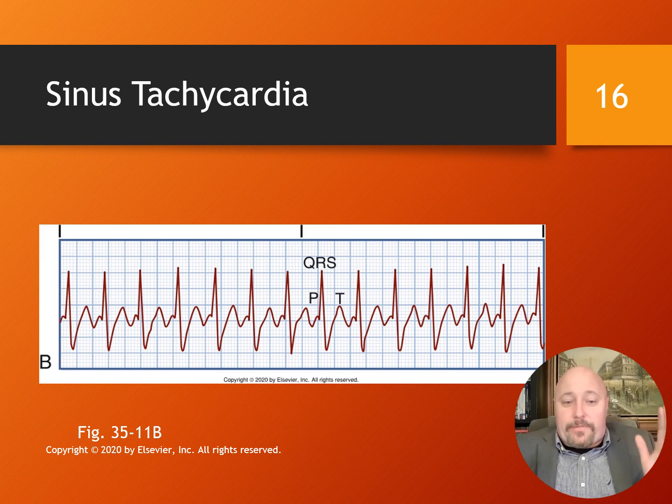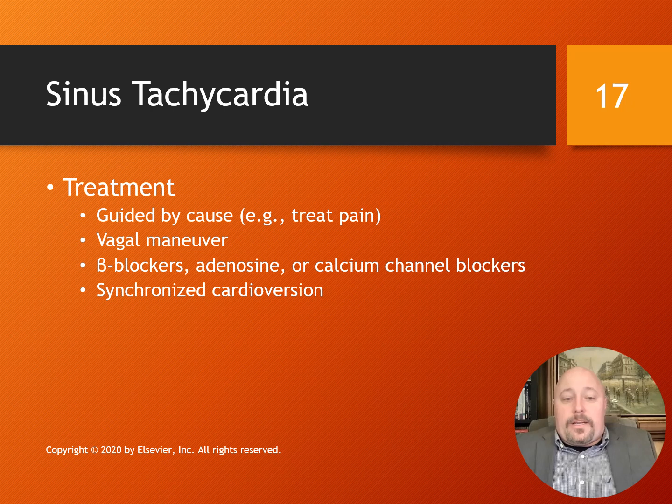In this case, we have a normal sinus rhythm, but it is running too fast, in this case over 100 beats a minute. Again, we're going to treat the underlying cause for this. They may do what's called a vagal maneuver, meaning having the patient bear down, tighten their abdomen. Others could be having them blow through an IV cannula, taking the plastic cannula off of an IV and having them blow through it. Anything to stimulate that vagus nerve and have the body hopefully pull down their heart rate